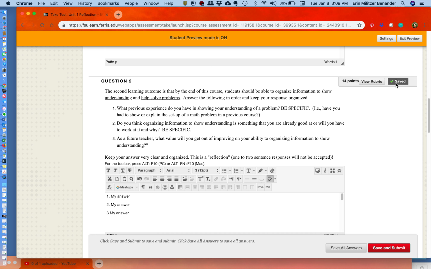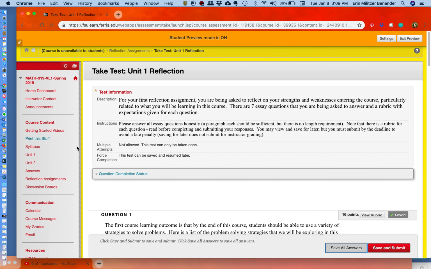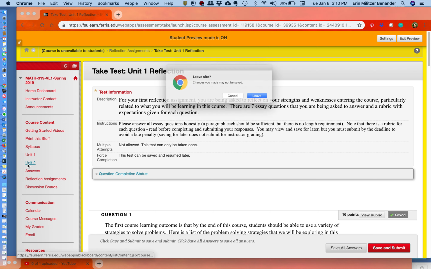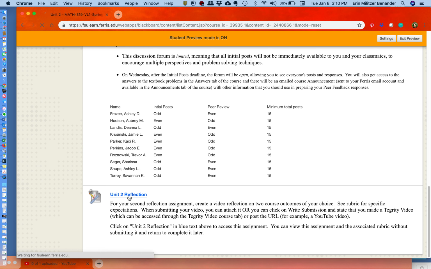Now notice, look, it says saved. So I'll save all answers. Now, do not push save and submit, because if you do that, that means that you can't answer the rest of the questions. So what you do is you say, okay, I'm done with this for now, but I want to come back later, so just click off of it and leave. Then if you go back to it later,